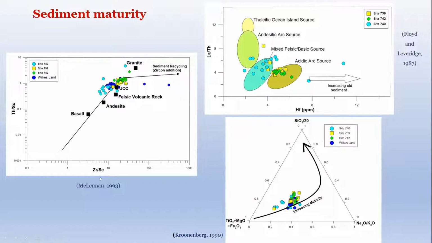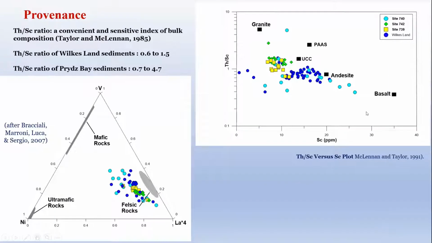And zirconium and hafnium values of sediments from both the regions are low. That means sediments from both the regions are not recycled, and they are representing the primary provenance, and they are directly derived from the rock within the interior of Wilkes Land and Prydz Bay in Princess Elizabeth Land. And in this diagram, we are getting more mafic or basic signatures from Site 740 than Wilkes Land sediments,